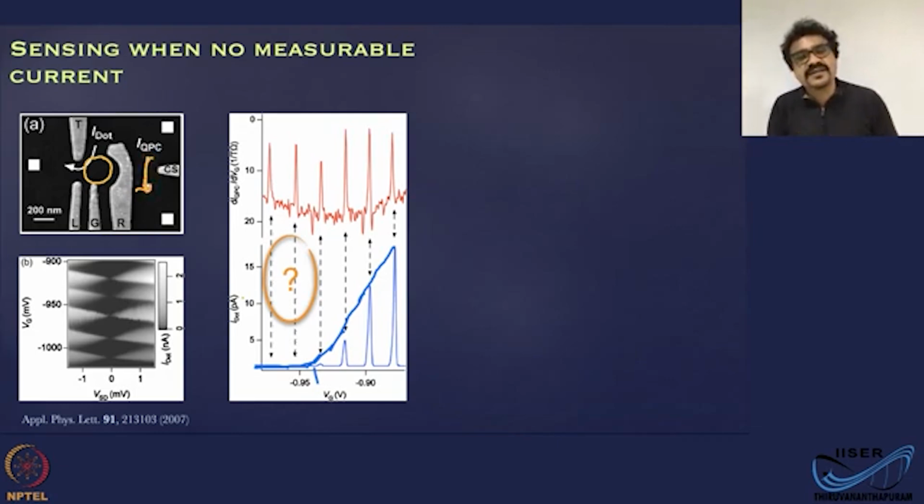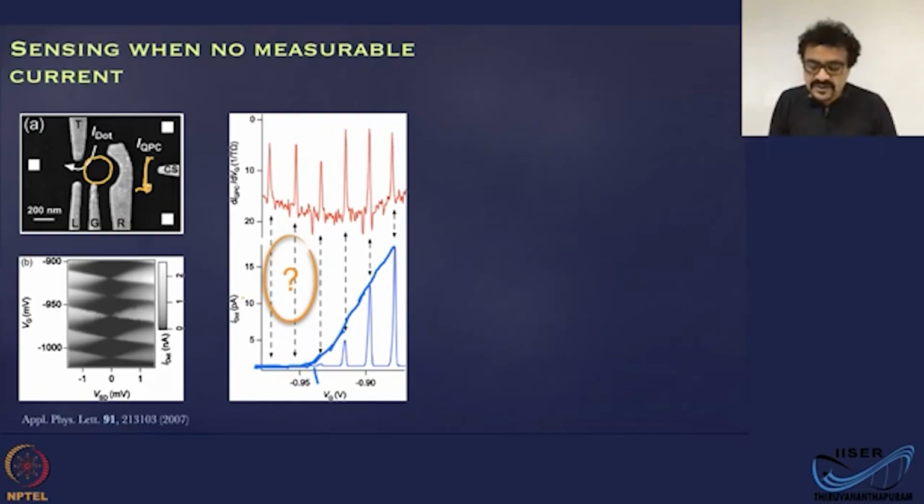So you can actually measure the current just by counting the number of electrons, which we will discuss in a minute, using the charge sensor, where any of the available techniques to measure the current by current